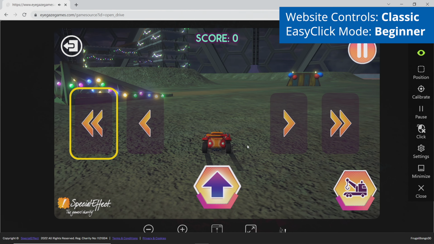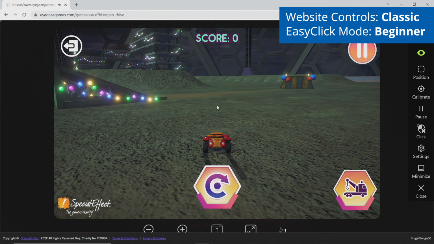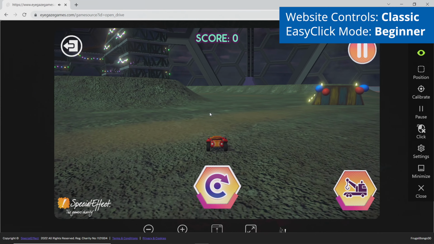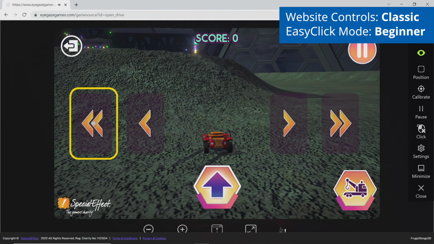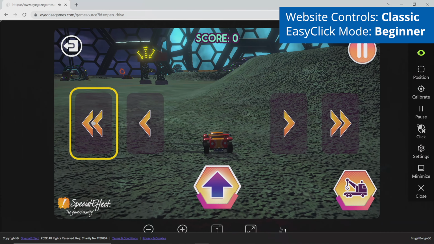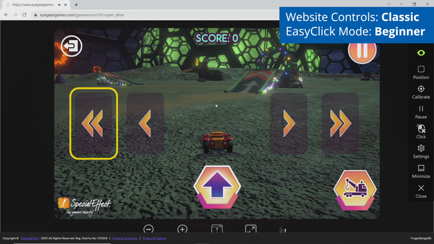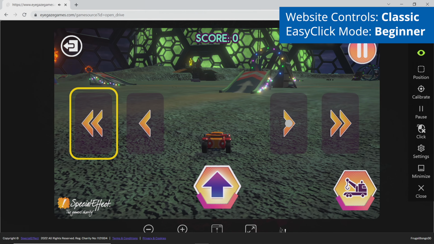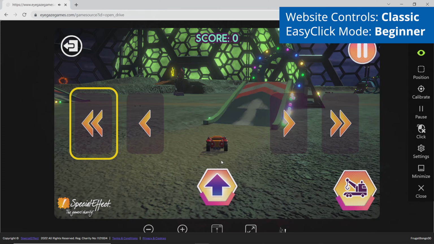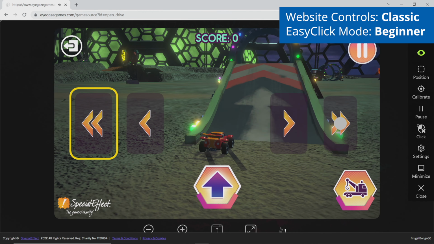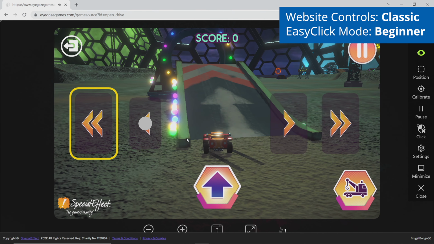If playing in classic mode, you will instead have on-screen buttons to select to steer the vehicle. You will first steer and choose which direction to face using the arrow buttons, and then choose to drive by selecting the button at the bottom of the screen in the centre. You will then select a button in the same location to stop the vehicle before changing direction again.